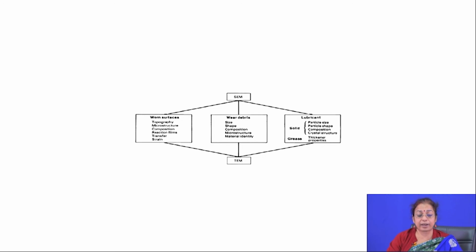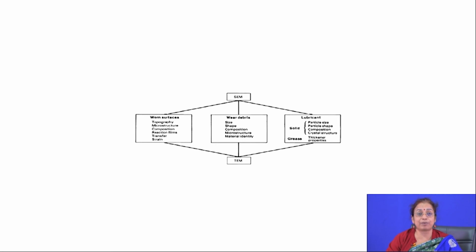This three body wear can be abrasive wear, can be adhesive wear, can be anything. For example, if at the interface there would be copper formation, then naturally, because of three body wear, the wear rate would be reduced to a little extent, because the presence of copper would act as a lubricant. So, after the three body wear, you will find that there will be loss of contact between the two surfaces, as a result of which it helps in reducing the wear kinetics.